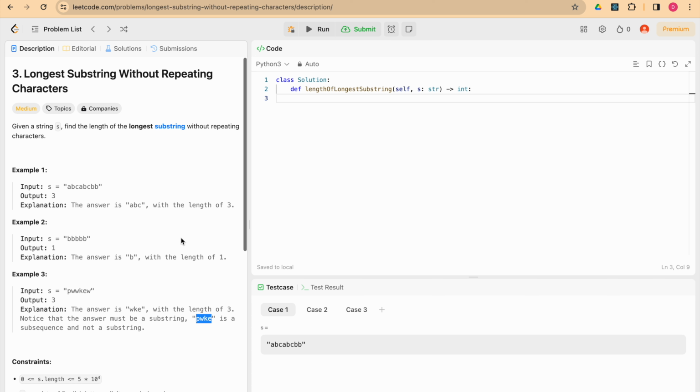Now let's try to solve the problem. So let's try to solve this in a very naive way. Okay, so let's take a variable called result, and the length is by default, let's say 0, and let's run a loop. So let's calculate the length first. So we can say length of the string. Okay, and here we can say for i in range